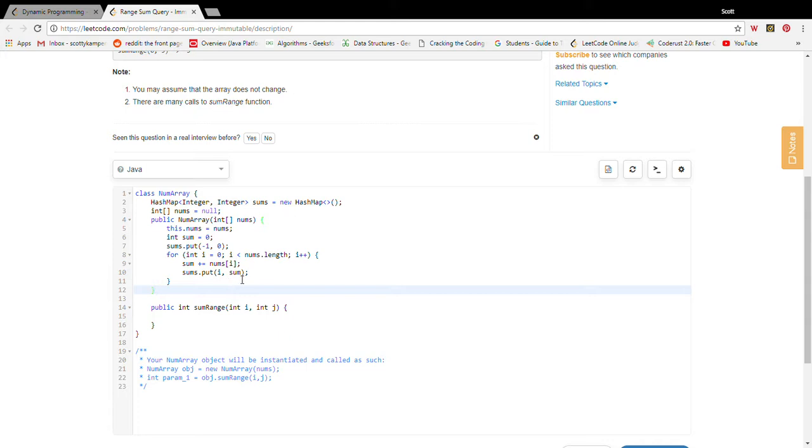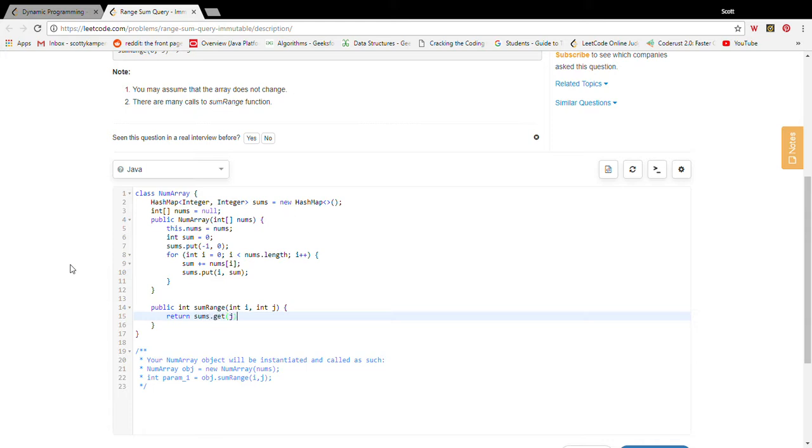That's all it is. Now you might say, well, this is a linear operation. The complexity of this function is big O of n, because we're looping all the way through the array. However, the problem states there are many calls to the sumRange function, which is down here. The sumRange function is going to be a constant time operation because of the work we did up here. Now, because of the work we did up here, implementing sumRange is as easy as it gets. We just return